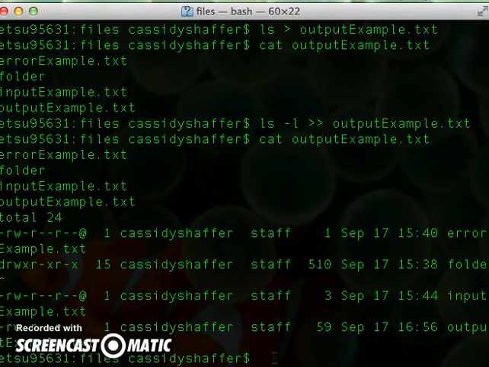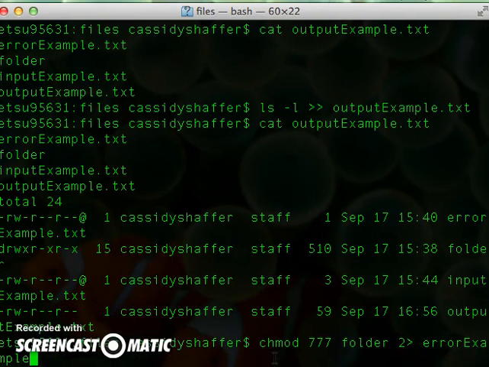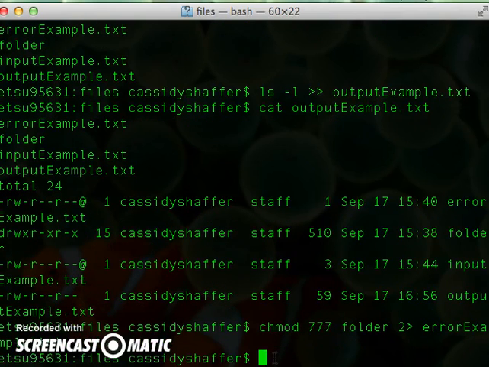Now let's talk about error redirection. Now let's say I wanted to change the permissions on the file called folder. Well, what if there might be an error? I want to put that in a document. So I'll do the 2 greater than sign, and then error example.txt is my file name. Now we can see that there's not going to be an error from this because I provided a correct number for the octal method, but if I display